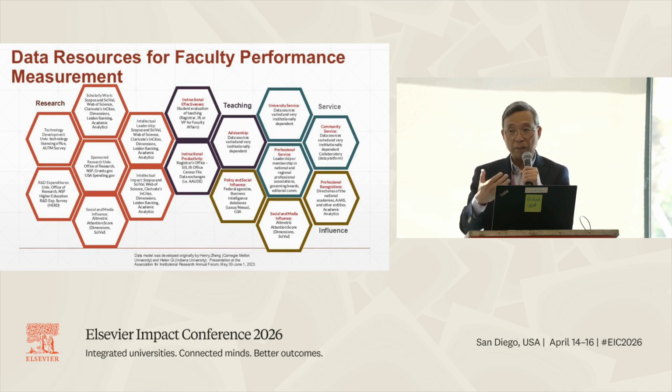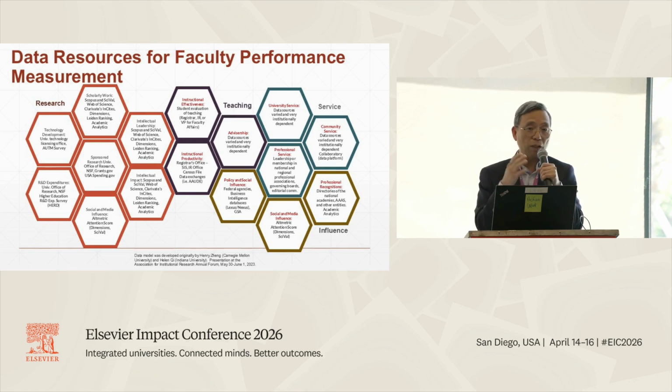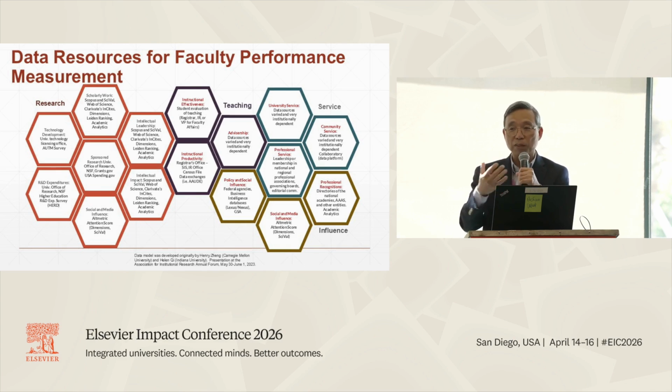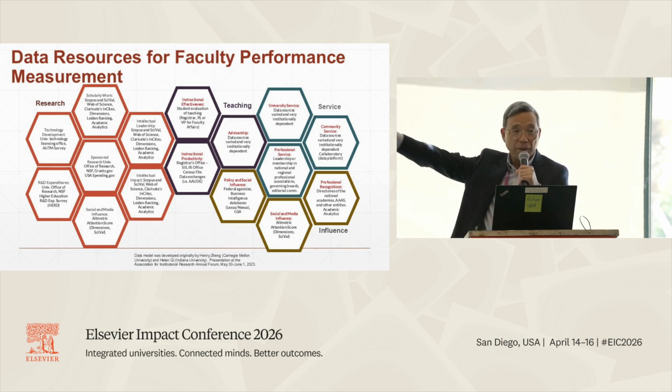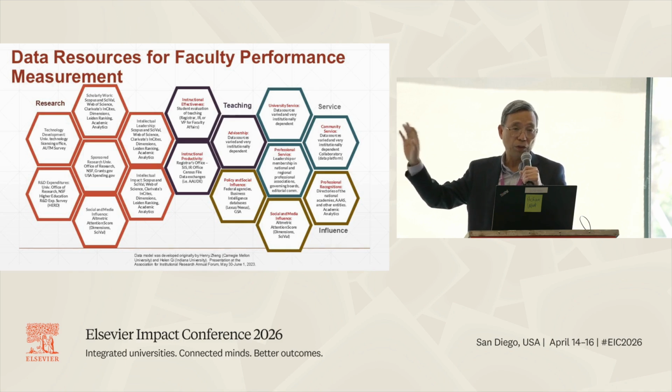One of the things is that, if we want to look at media impact, that variable used to be in SciVal, but it's not there anymore. So if we look at our major score, we have to go somewhere else. But altogether, all these data resources are important to present you with a much more robust view of the university's performance. And SciVal definitely plays a very important role in how we use data to support